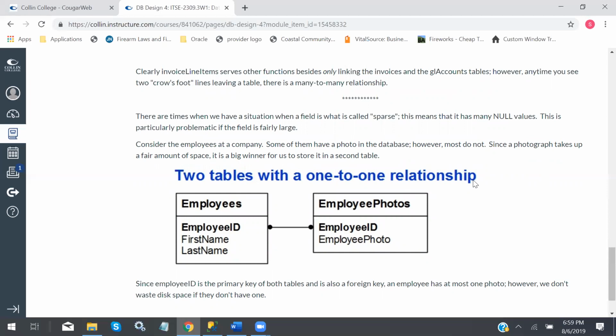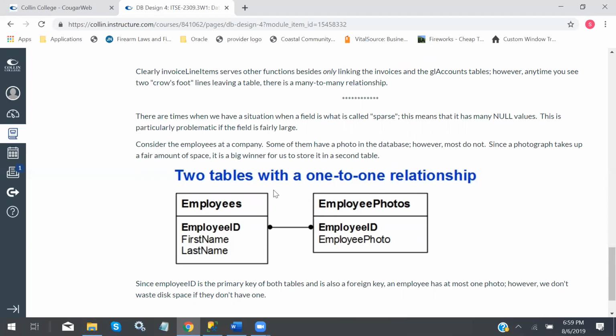If it is one-to-one, for example, an employee has a department for which they work. They only have one department. No, that wouldn't be a good one. What would it be? An employee has one. There's no reason for me to put the first name and the last name in two different tables. It's kind of silly. On the other hand,